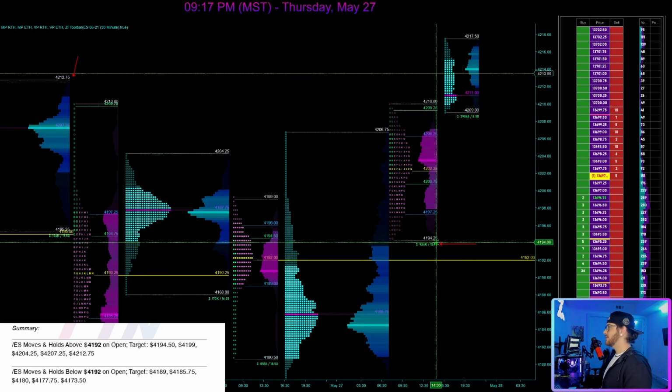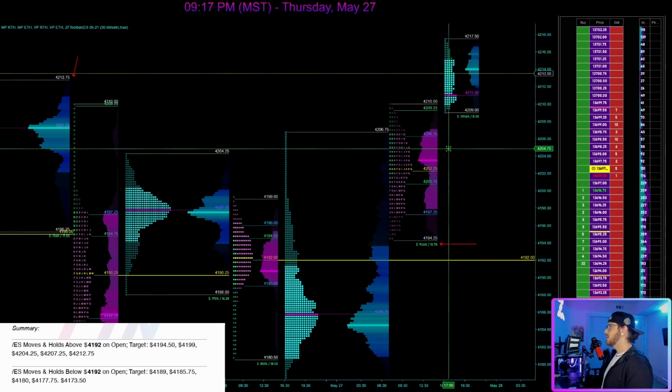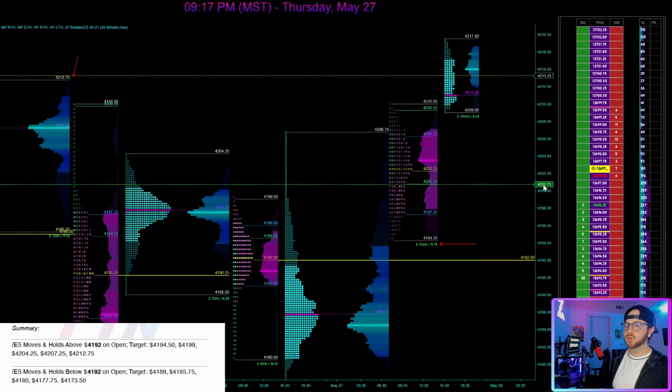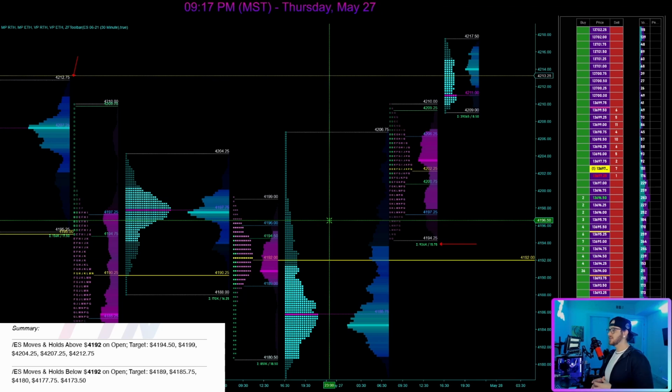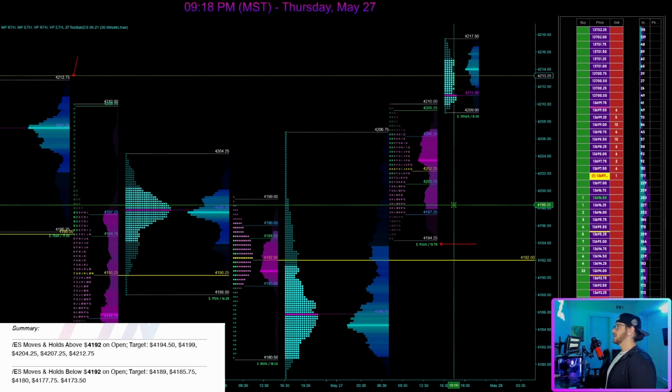Again, you can see the range down here, 15.75 points, which means, again, we have to be very surgical, we have to be very picky, and we have to be very precise with the trades that we decide to take. So we will move into the downside targets, which you can see, none of them got hit. So it's going to be short and sweet as far as the targets.